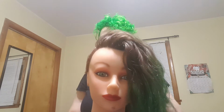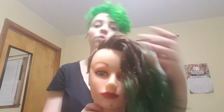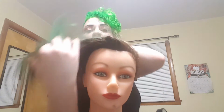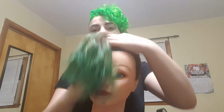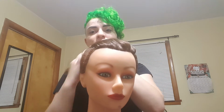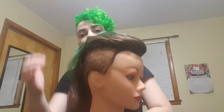And Brenda here has enough hair, and most people will when you shave the sides, that when you part it over to one side, you can't tell that the other side is shaved. So then she can go over this side, have it parted over here. She's so hot, even though doll heads look weird like this. And she can slick it back into a ponytail and just look super sexy. Oh yeah. But anyways,